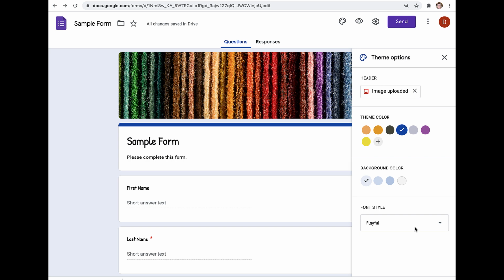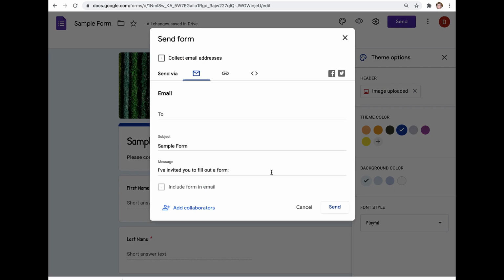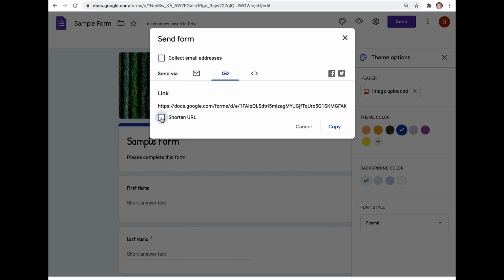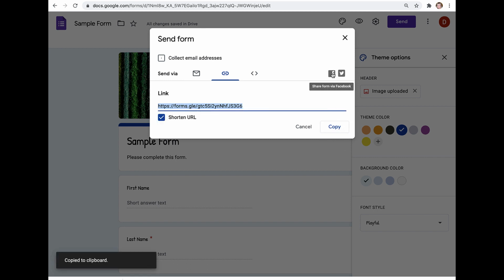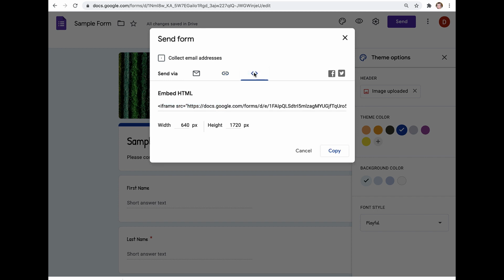So once you're ready to distribute your form, like I said, Google is an auto-save program, so you don't have to save anything. But to share it, you click on Send, and there's a couple of different ways you can share this form. You can email it directly from Google to someone. You can choose the middle icon and copy the link to the form. I would recommend shortening the URL and then copying it. You see you can share it with Facebook or Twitter, and you can also embed it on a website